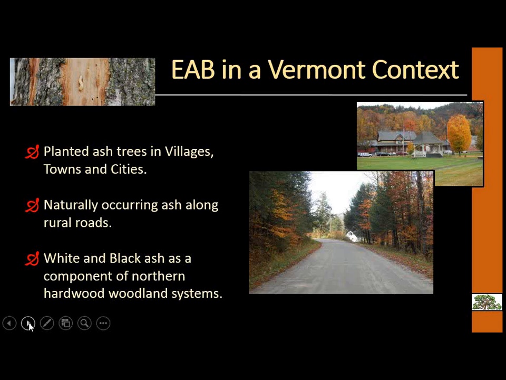So as I mentioned, specifically in Vermont, EAB affects really three groups of ash trees. The ones that are planted in our villages, towns, and cities. The naturally occurring ones along the rural roads. This is, you may recognize, North Royalton, and then I used to live on the larger rural road image here. That's Duger Road in Worcester, Vermont. And then the third area is the white and black ash that can be found in the town forests, town woodlands. They're a component of northern hardwood woodland systems. As an element of those woodland systems, losing them can have an effect on the ecologic integrity of the individual town forests that are